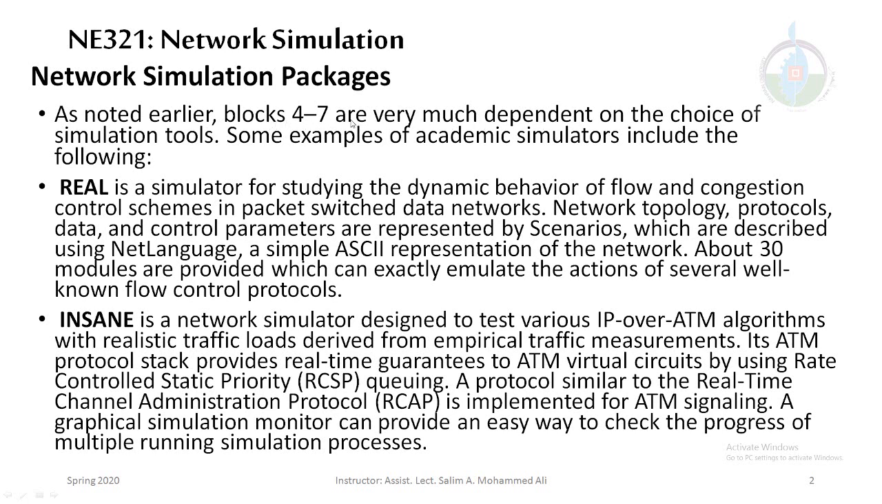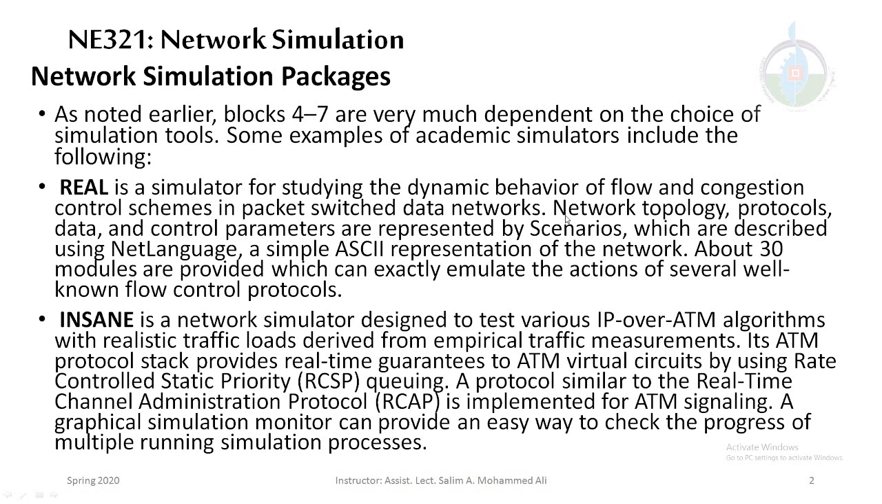As noted earlier, blocks 5, 4 to 7 are very important, dependent on the choice of simulation. This is related to lecture number 3 or 4. Some examples of academic simulators include the following. The first simulator is REAL. It's a simulator for studying the dynamic behavior of flow and congestion control schemes in a packet